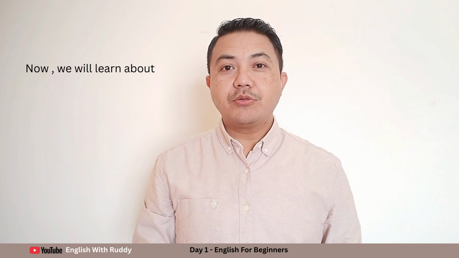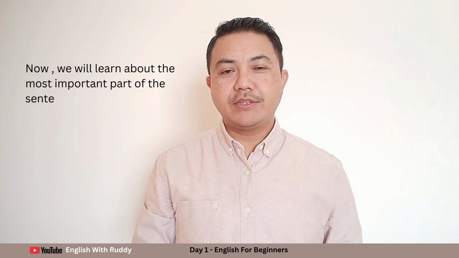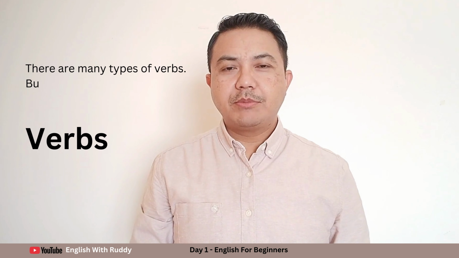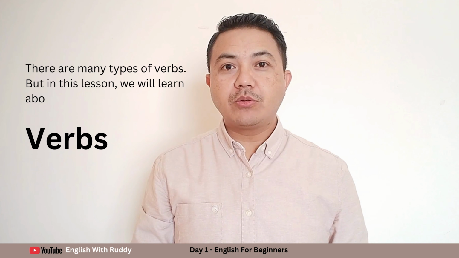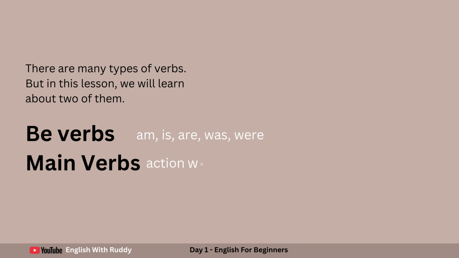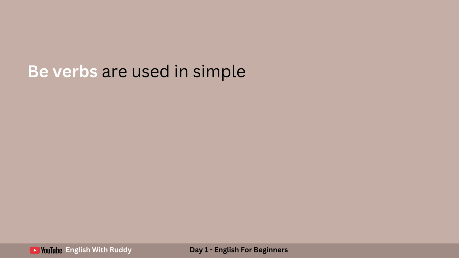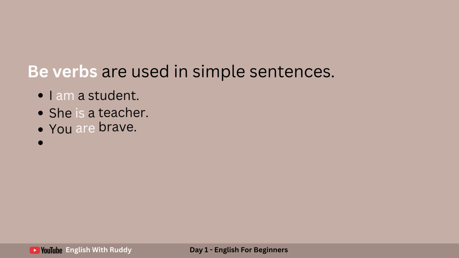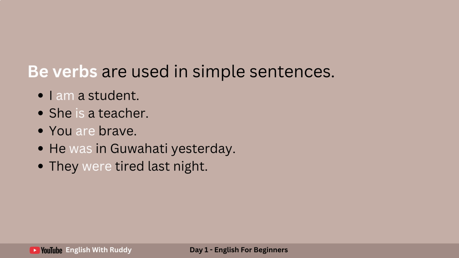Now we will learn about the most important part of the sentence, the verbs. There are many types of verbs, but in this lesson we will learn about two of them, the be verbs and the main verbs. Be verbs are used in simple sentences. For example, and main verbs are simply action words. For example,